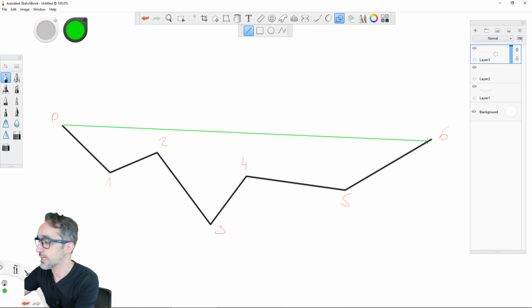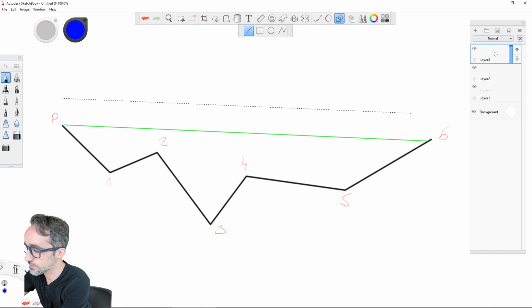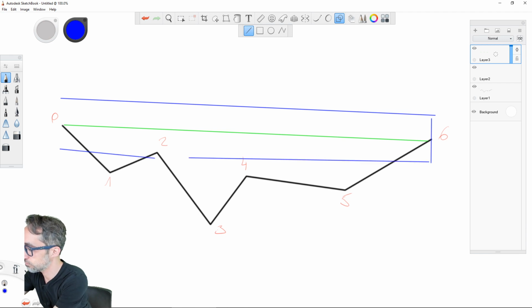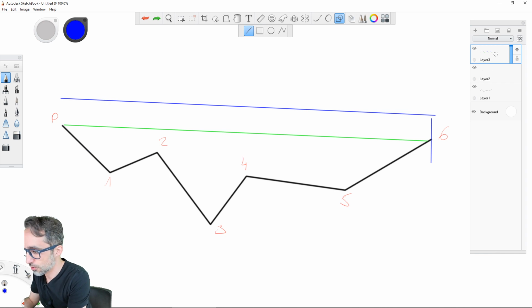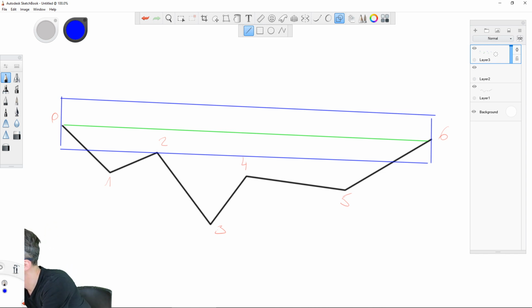All right. Now that we have that, I'm just going to draw this band of sorts, and this distance here is going to be epsilon.